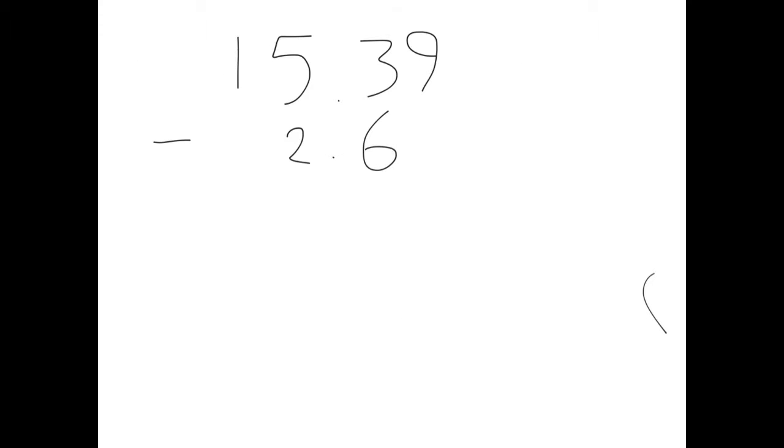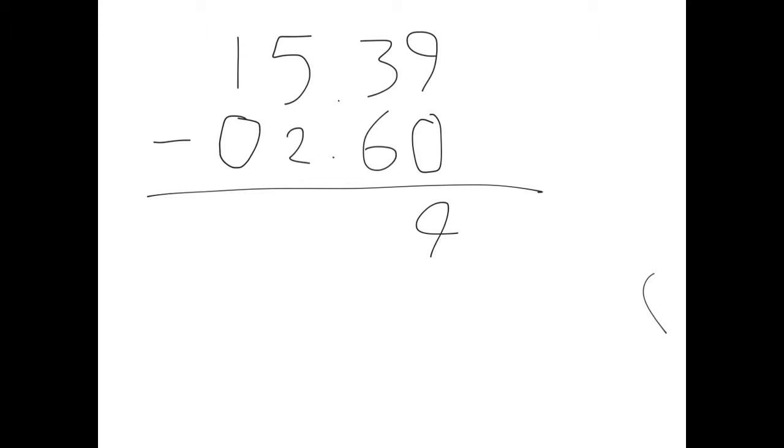Now we're going to subtract 15.39 minus 2.6. First we're going to put 2. We're going to put zeros, empty spaces. So we're going to start subtracting. 9 minus 0 is 9. 3 minus 6 we can't do. So